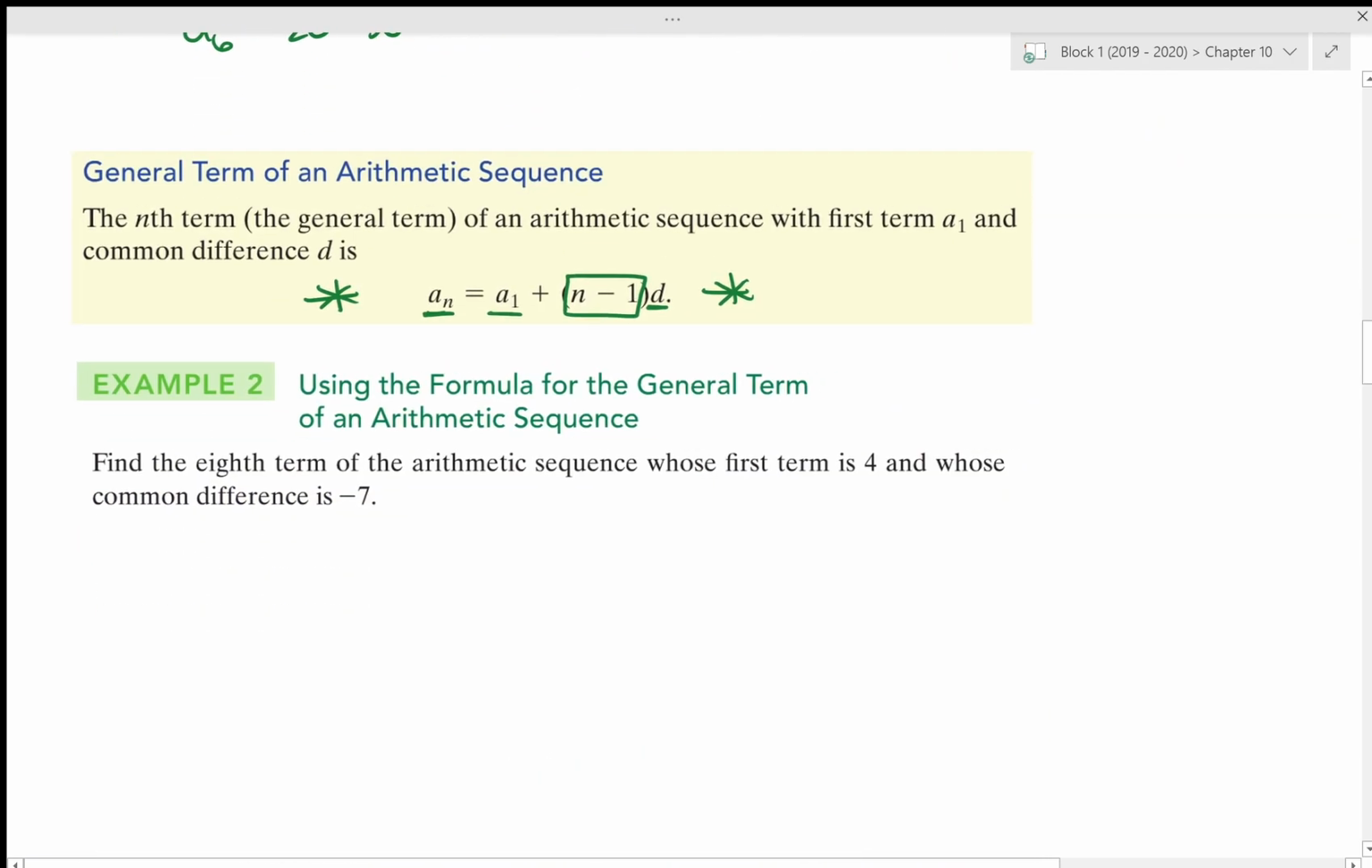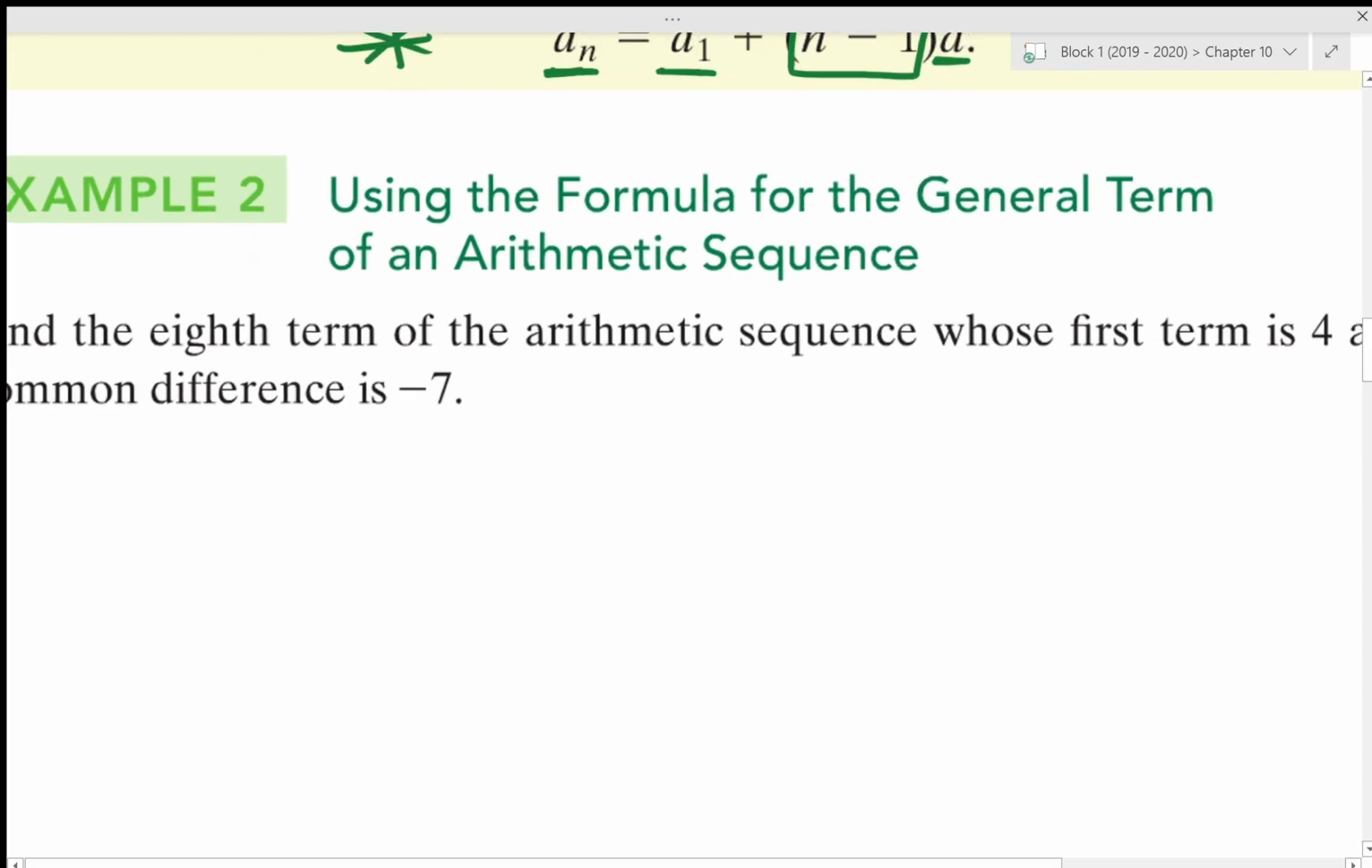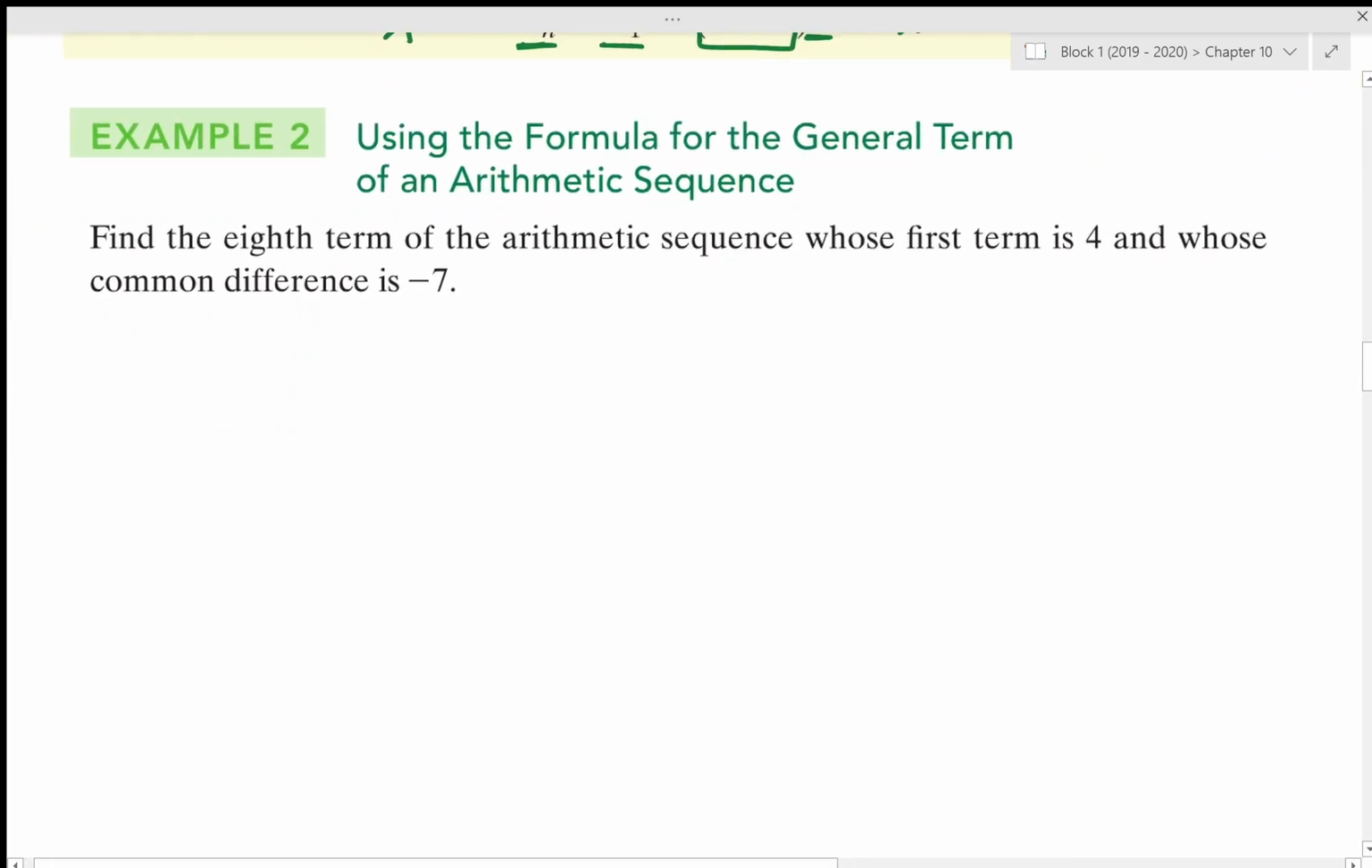Okay, so if I want to use the general term to find the 8th term of an arithmetic sequence whose first term is 4 and whose common difference is negative 7. So I want my n to be 8, my first term is 4, and my common difference is negative 7. So a of 8